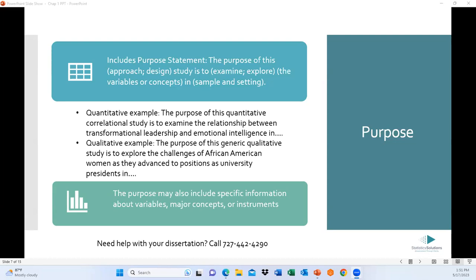Is the background section kind of a summary of the literature while also pointing out our specific problem? Yeah, that's a really good way to put it. It is kind of a summary of the research on the topic, on the problem, and a targeted summary, right? Because you're not going to hit everything, but you're going to hit the major trends, the major research. So yeah, that's a good way to put it. It's a summary with an eye toward pointing out the specific problem.